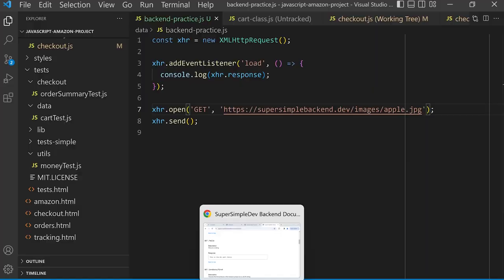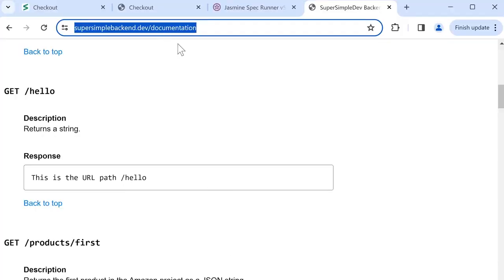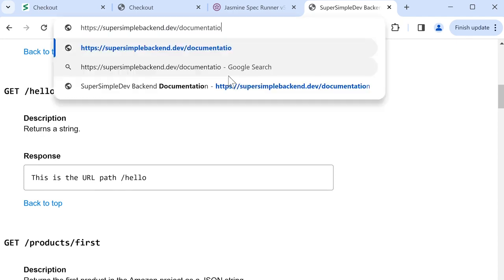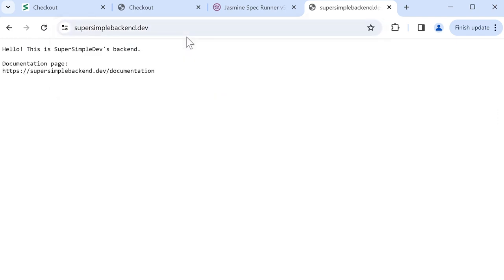The one big difference is that in the browser, when it gets back the response, it will display the response on the page. For example, if we enter supersimplebackend.dev and change the URL path to just nothing, or slash, and press enter, this actually sends a GET request to my backend. The backend responds with some text